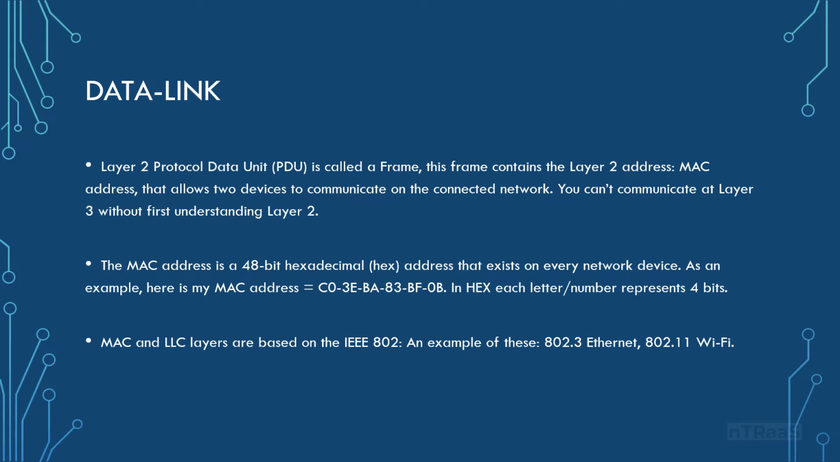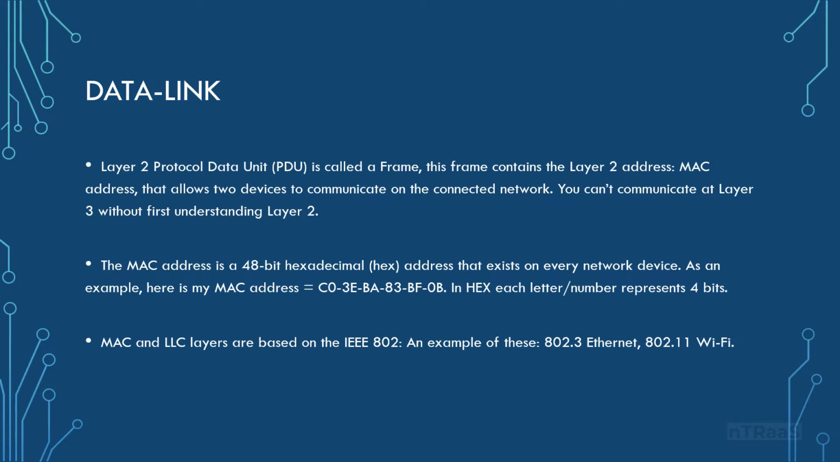The MAC address is a 48-bit hexadecimal or hex address that exists on every network device, even on virtual devices. Any device that basically connects to a network has a MAC address. And as you can see, here's an example of my MAC address. You're going to notice that in hex, each letter or number represents 4 bits. Considering we have a 48-bit hex address, each letter or number is 4 bits. Well, how many letters or numbers do we have? So we have 1, 2, 3, 4, 5, 6, 7, 8, 9, 10, 11, 12, because 12 times 4 is